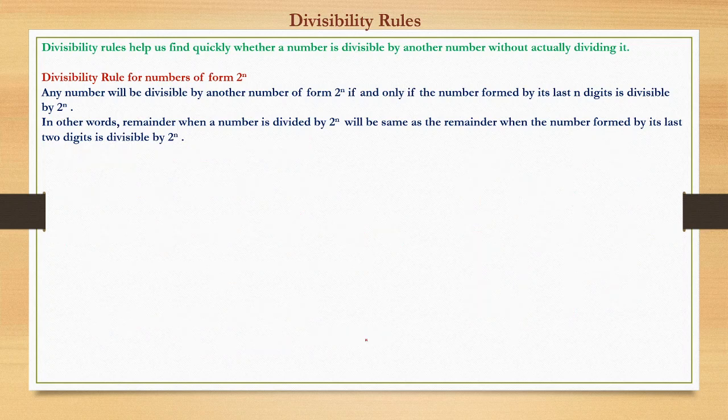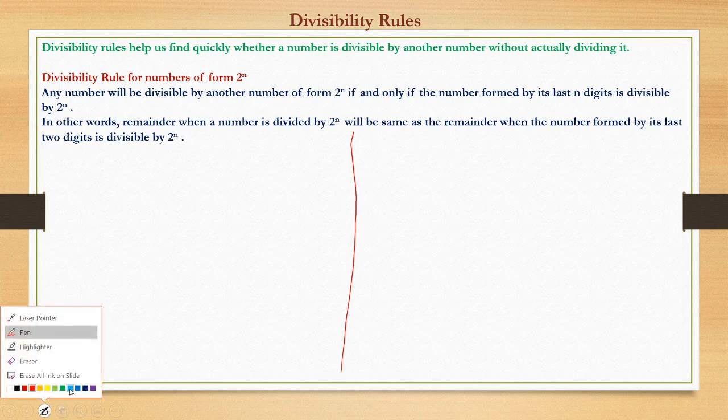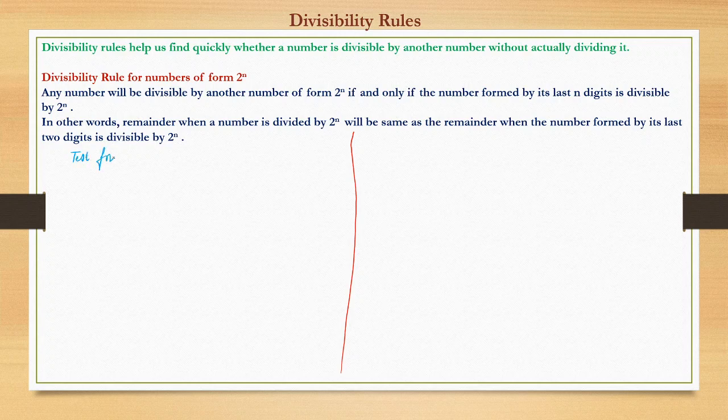Now we check for 4. I divide this into two categories, one for 4 and another for 8. So let us check for 4, the divisibility test for 2 raised to power 2. Let n be a, b, c, d, e. This we can write as a into 10 raised to power 4 plus b into 10 raised to power 3 plus c into 10 raised to power 2 plus d into 10 plus e. This is the way we can expand this number n.